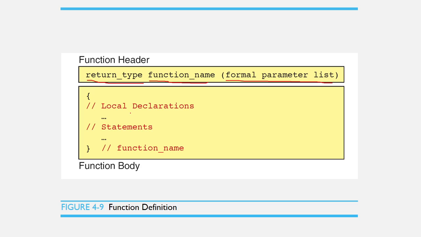Then to specify the starting of the function, we have the open brace. And to specify the end of this function, the partner of this opening brace is the closing curly brace. Inside this function definition, we may have the local declarations and of course the statements.